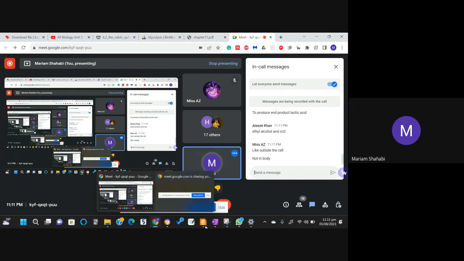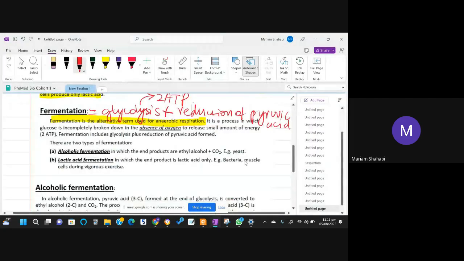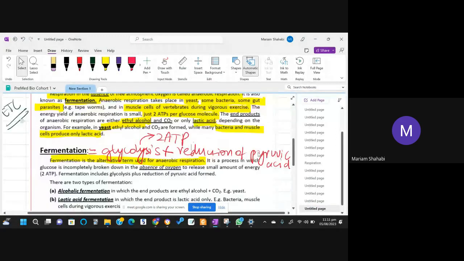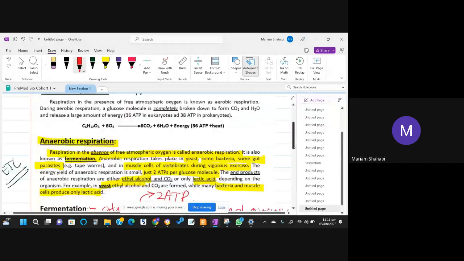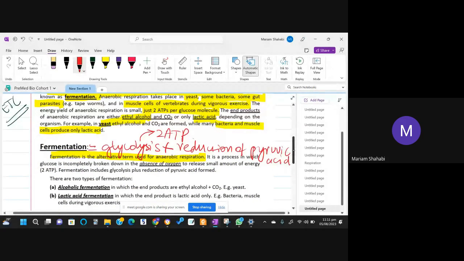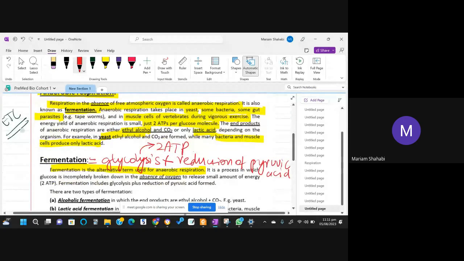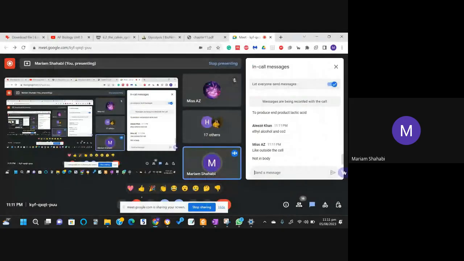I'll explain this. Again, वही इलेक्ट्रॉन कैरियर वाली बात है. अगर हमारे पास ऑक्सीजन नहीं भी है, ठीक है, तो पायरुविक एसिड को रिड्यूस कौन करेगा आगे? Any guesses to that? कौन रिड्यूस करेगा पायरुविक एसिड को? I have talked a lot about this during the past 2 hours or so. There is one compound that is constantly making an entrance. जब से the electron carriers,